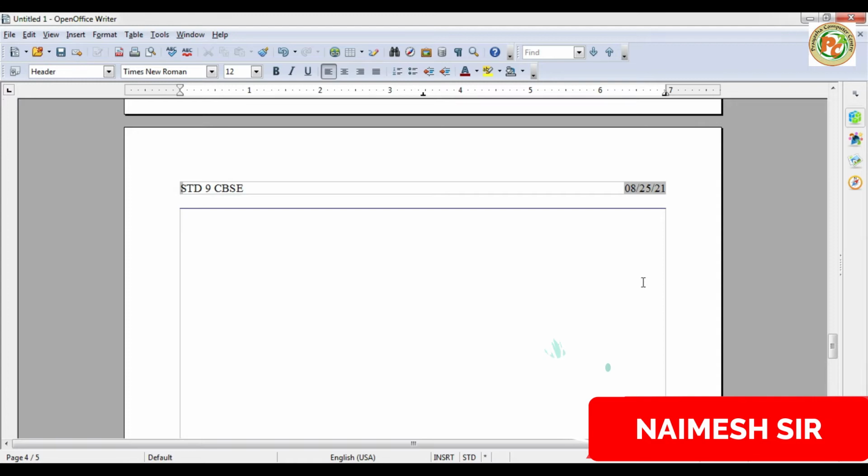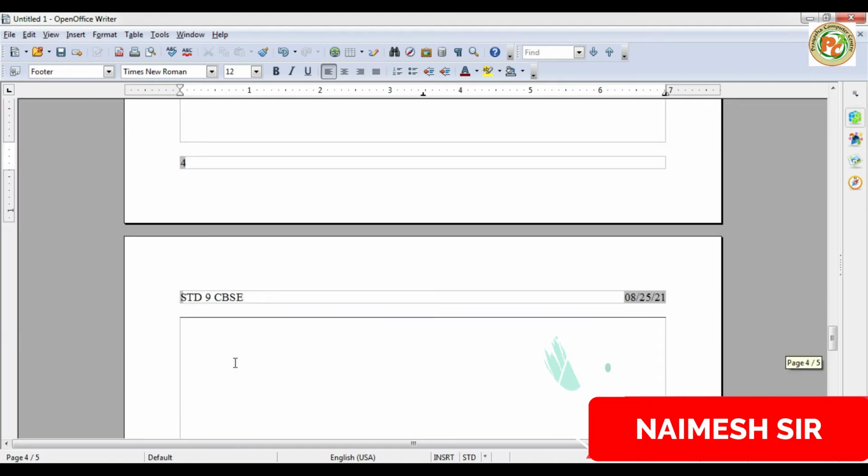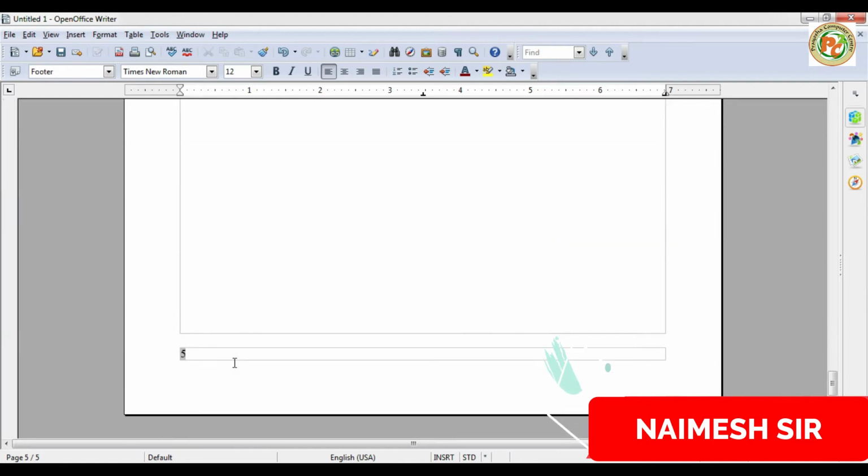Now next we are going to learn what is called a footnote and endnote. Both are inserted in a document to explain some topics, like comments, or to provide references to textbooks. That is called a footnote and endnote. A footnote is placed at the end of the page in a document, and an endnote is placed at the end of the entire document. It means a footnote will be added at the end of every page, and an endnote will be added at the last page of the particular document.